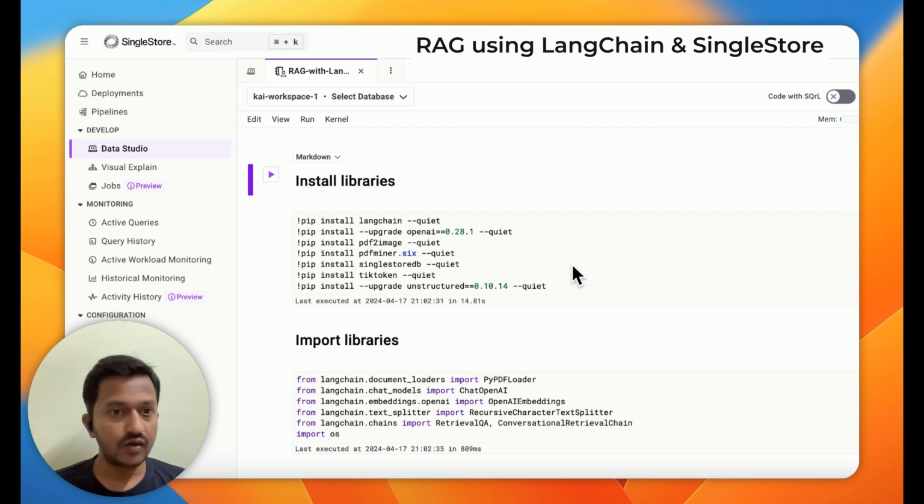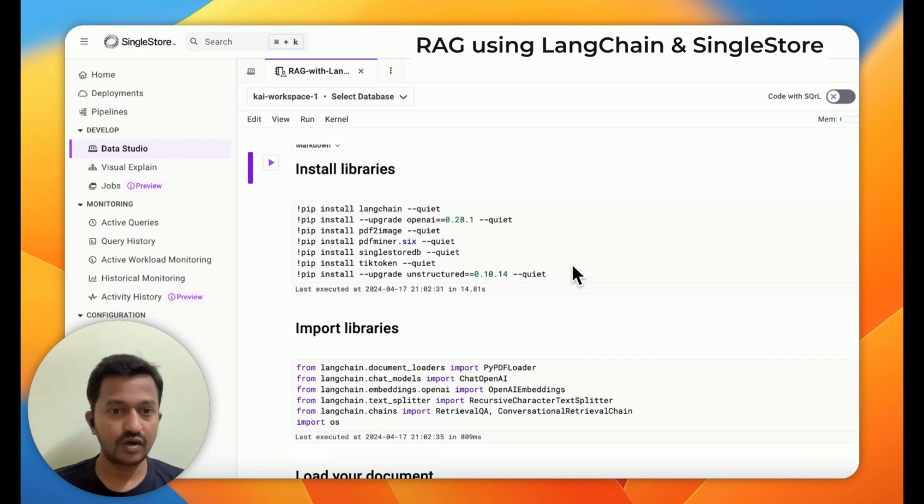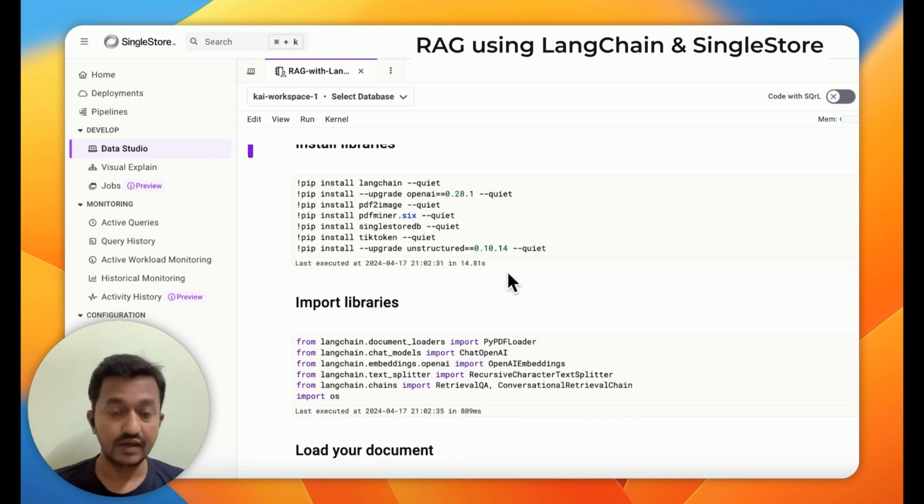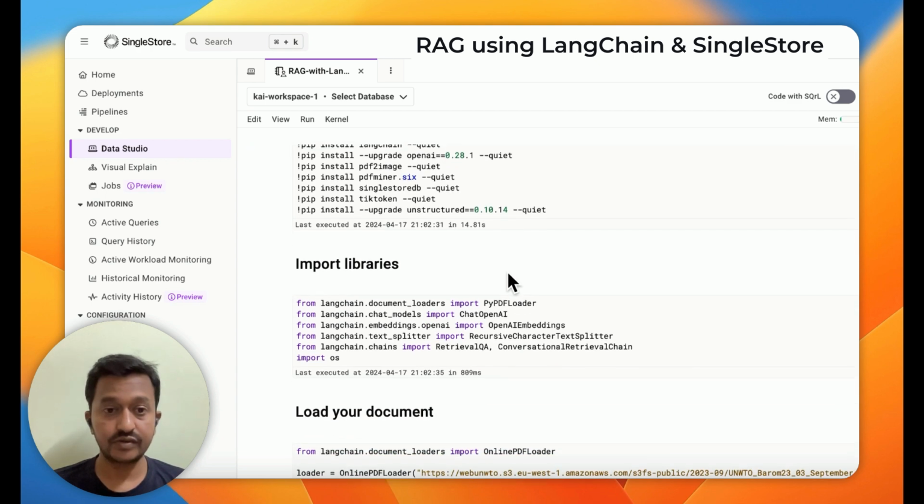So I already have my account, and SingleStore also has this feature of notebooks. That is where I am basically building this RAG setup using LangChain and SingleStore. So if you go to singlestore.com, sign up and create your workspace, create a database, and create a notebook. And then once you create a notebook, you will land here, and first things first, you install the libraries: LangChain, tiktoken, SingleStoreDB, and PDFMiner,